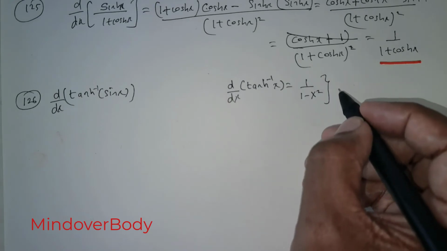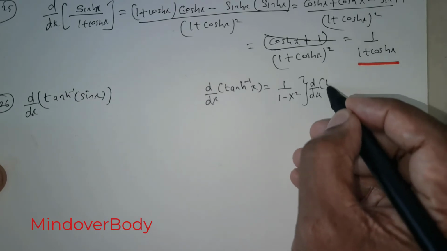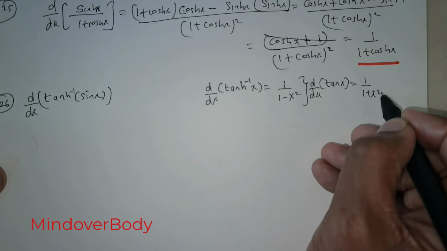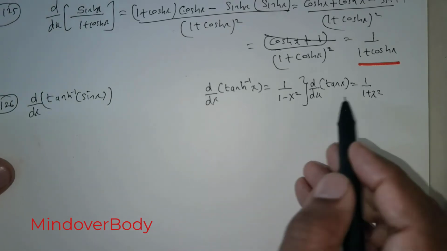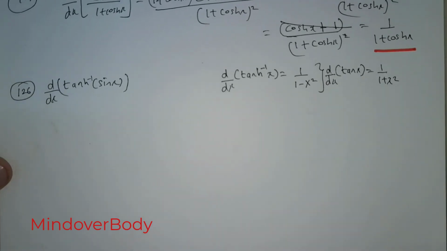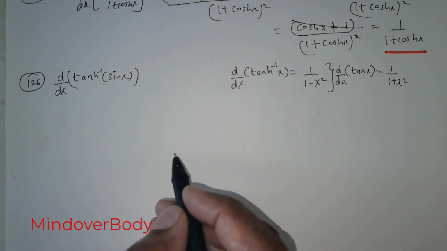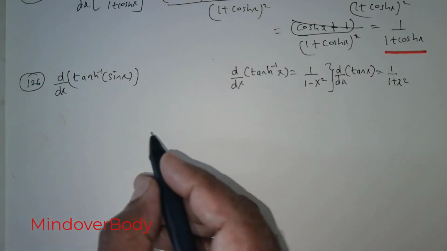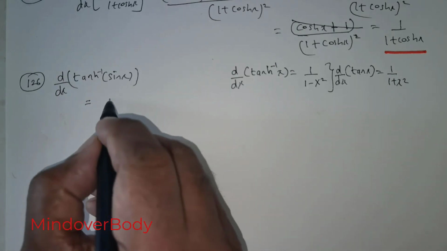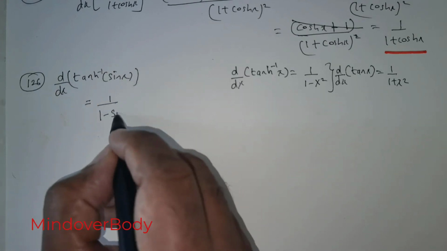Now just along the lines, it is imperative to know that the differentiation of tan inverse x is 1 over 1 plus x squared. So this is 1 plus x squared, this is 1 over 1 minus x squared. So there is a sign change for the differentiation of hyperbolic tan inverse of x. So having got that out of the way, let us apply the differentiation. So this is going to give us 1 over 1 minus, the x term here is sin x,